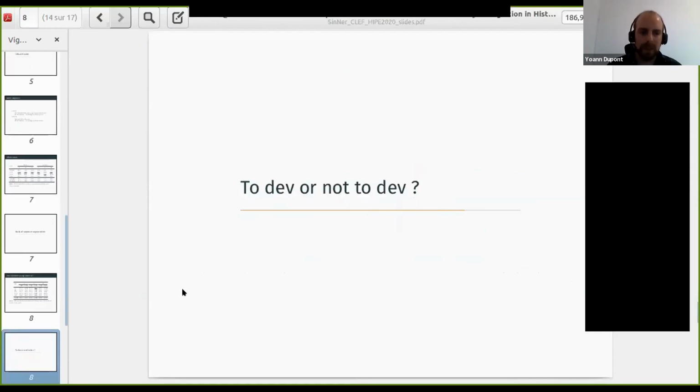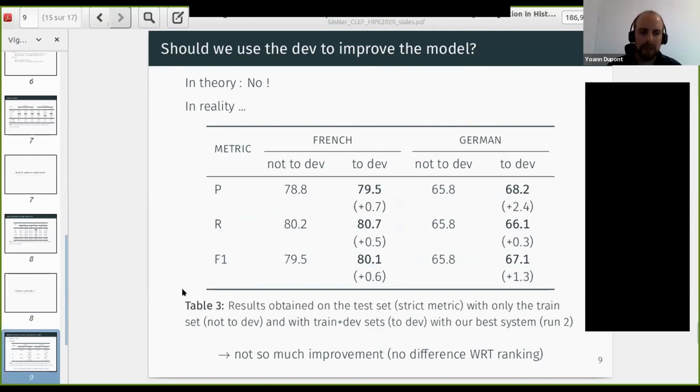And we also tried to add development sets to train data. So you should not do this. Please do not do this. However, it works, and it works especially if your results are not, well, the lower your results, the better it will work, obviously.